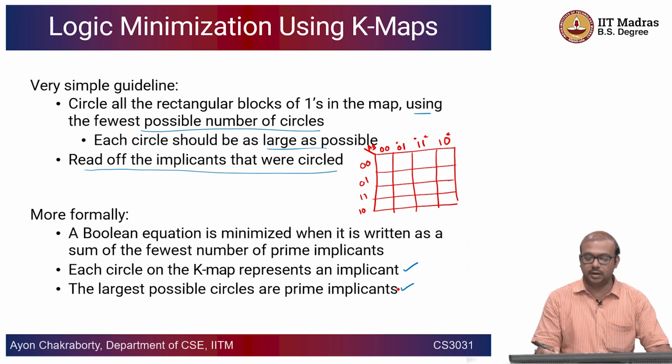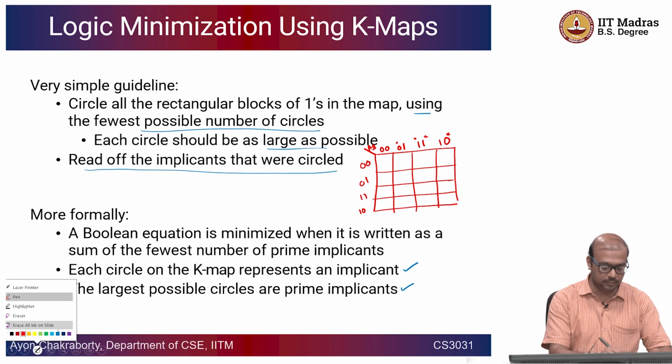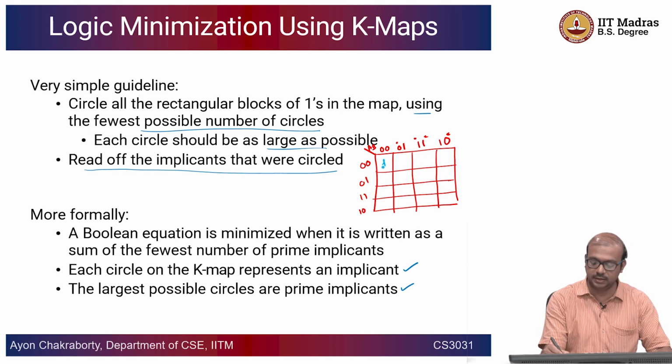So, what we are trying to say is, let us say, again kind of revising, you have 1 1 1 1, and let us say there is one more 1, and here you have a 0, right. So, what you can do is circle this entire thing. This is one group, but the right hand side one is still dangling. So, this could also be circled with